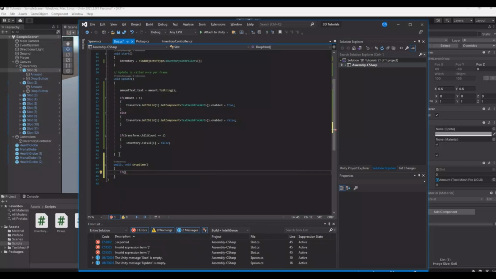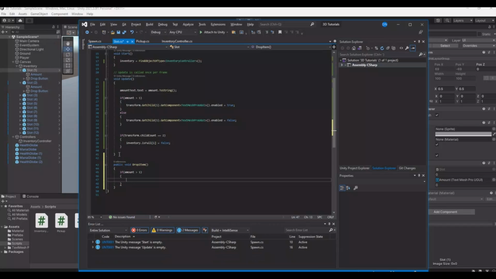If the amount is greater than 1, then amount, let's say like this, minus equal 1, and then, let me see, there will be minus 1, and this is if we have 2, then if it's greater than 1, that's because if it is stacked,